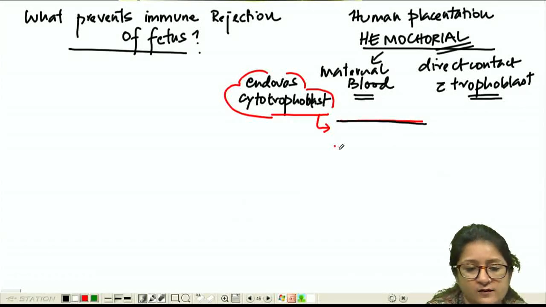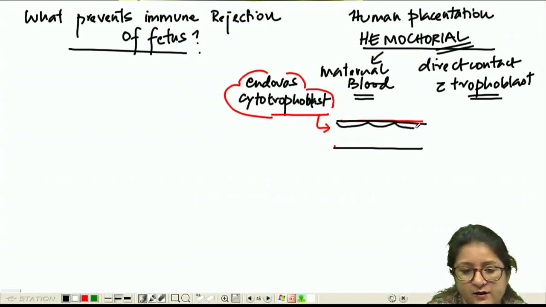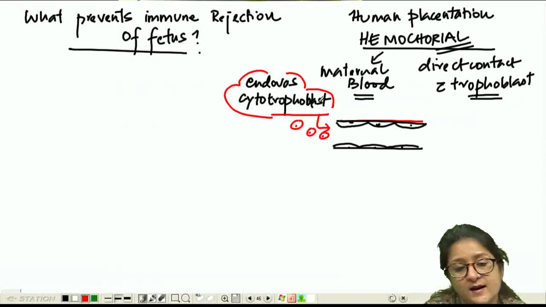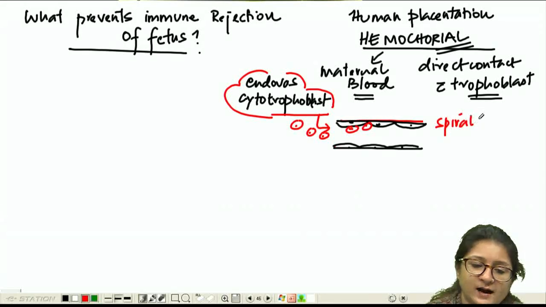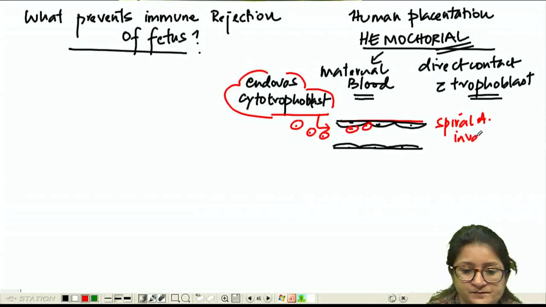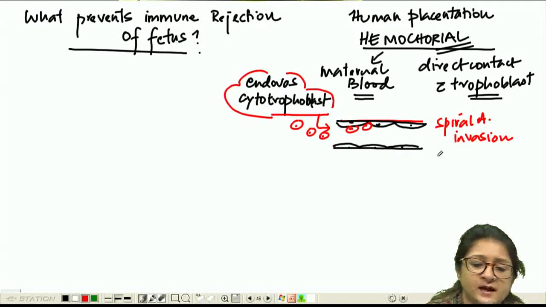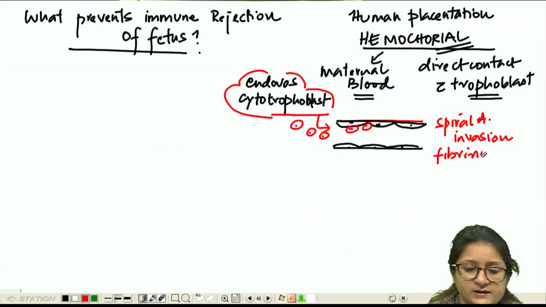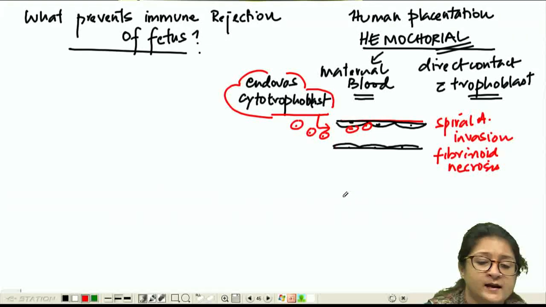The endothelium was then replaced by the endovascular cytotrophoblast. So there was spiral arteriolar invasion, then fibrinoid necrosis, and then a new spiral arteriolar